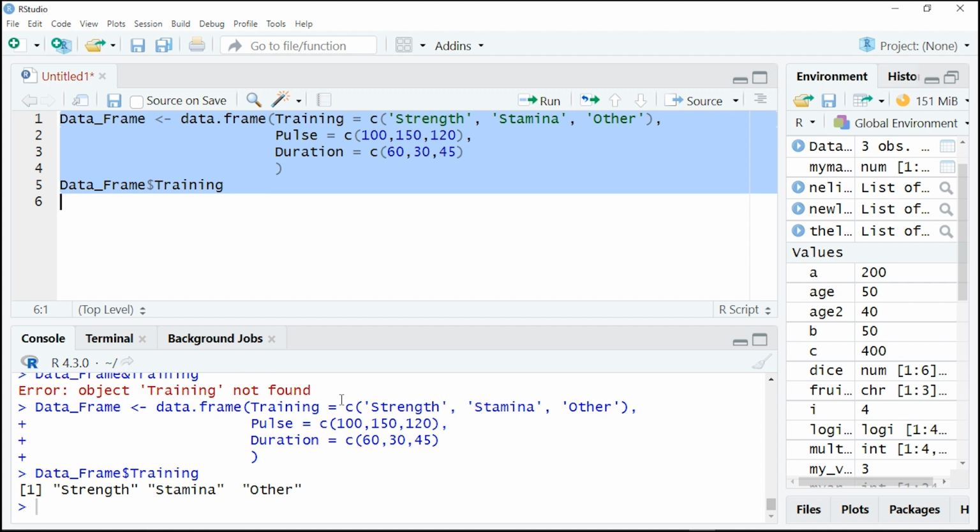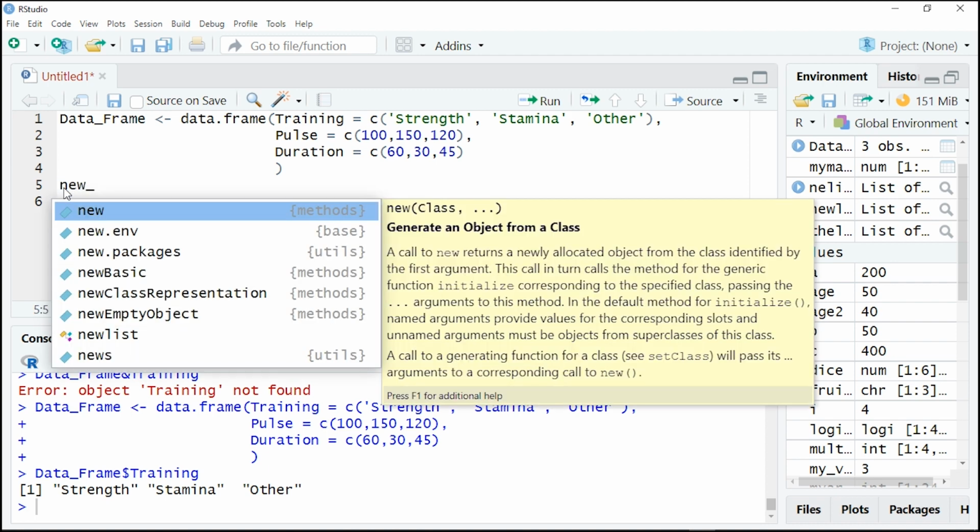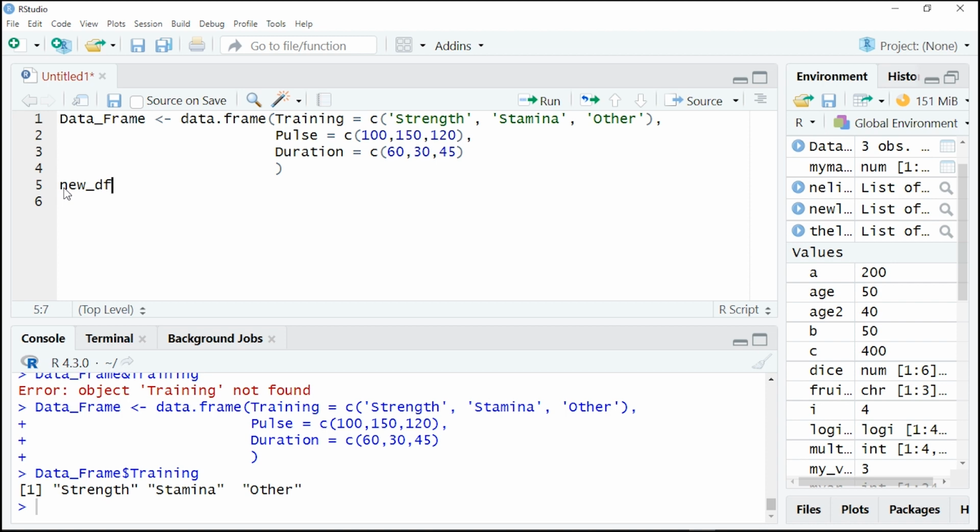So of course, guys, you can add rows. Basically we use the rbind function to add a new row in a data frame. Let me show you. If you want to add in another row, you just say, let me call a function. Let me give it a variable, new data frame, new df, and then let me assign it to